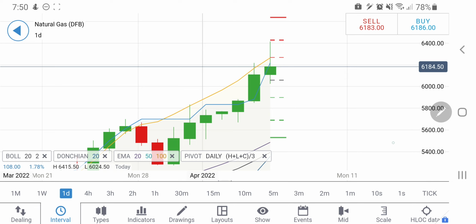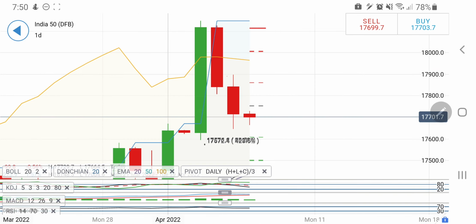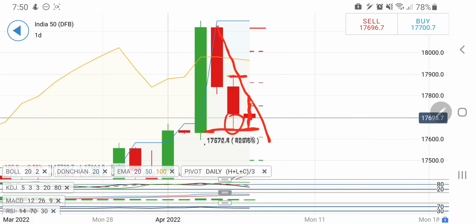Now let's have a look at Nifty. See, Nifty yesterday, as I told, failed to break 17,900 and achieved 17,650 levels. This is the futures candle, not the daily Nifty chart, but 17,650 has been achieved. Probably today again it may try to get support at 17,650 and retrace back a bit on the upside. How far could this go? It can trade till towards 17,800, and beyond 17,800 you can expect a strong rise towards 17,850, 17,900.